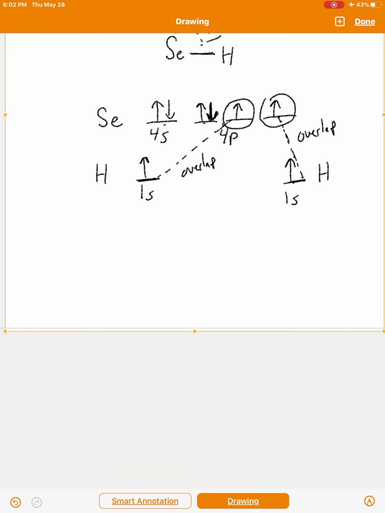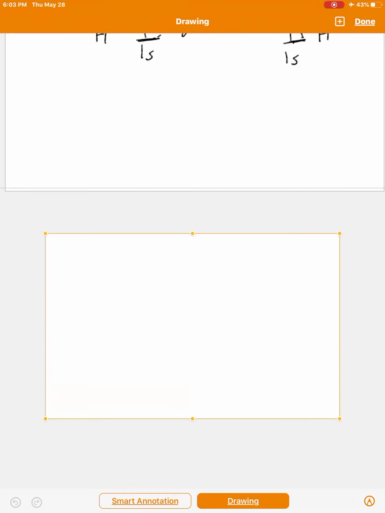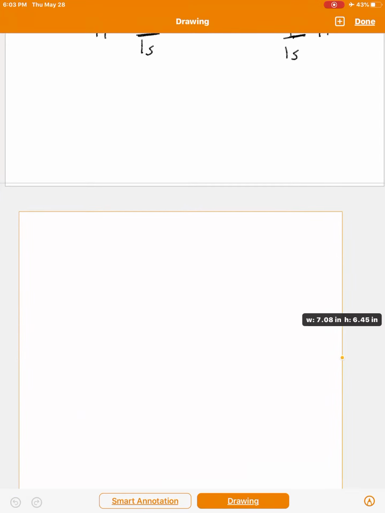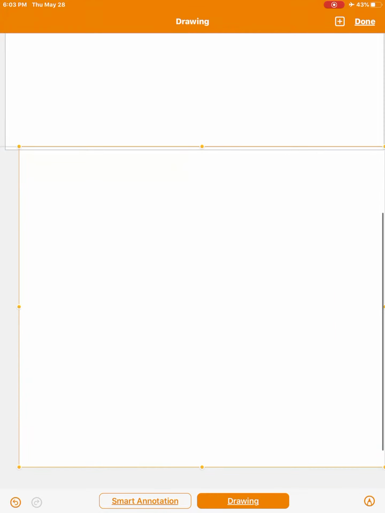Remember what we said about p orbitals back in chapter 6, toward the end of it? P orbitals have 3 possible orientations. So one orientation is like this, but then the next 4p orbital,